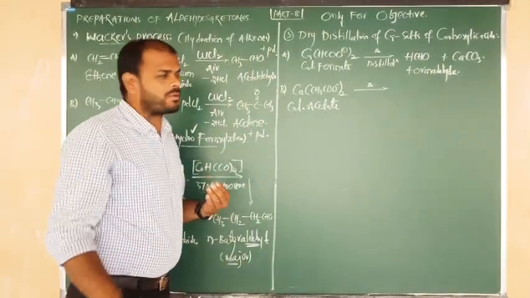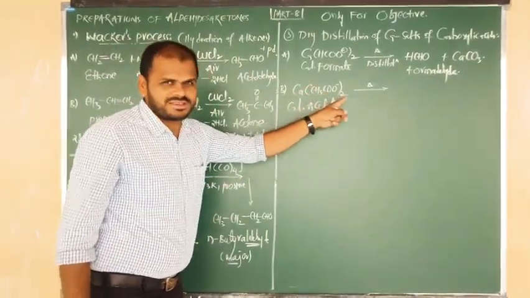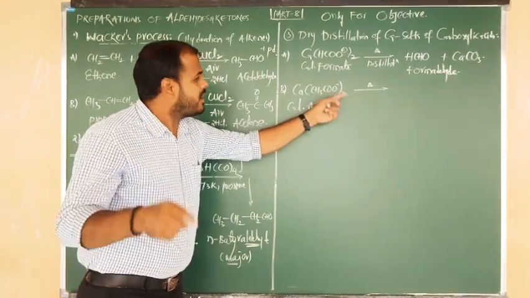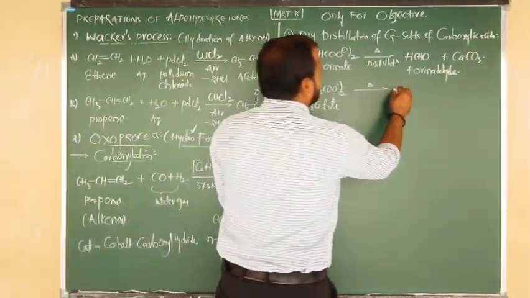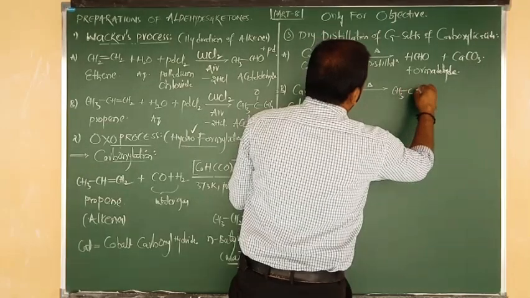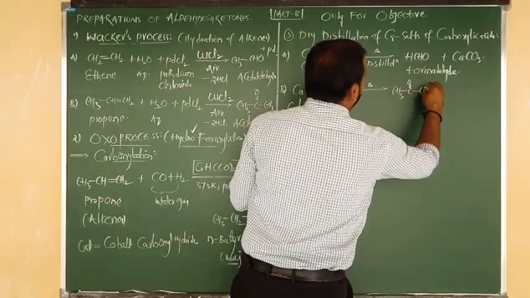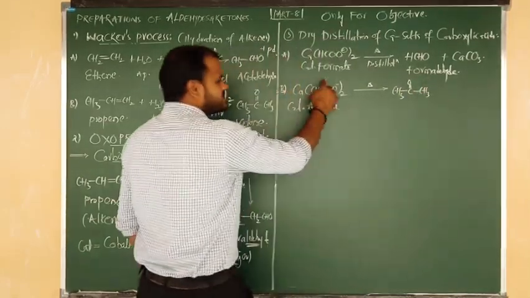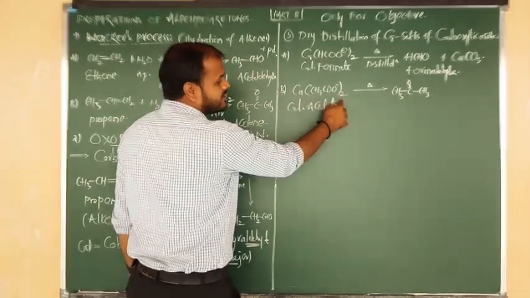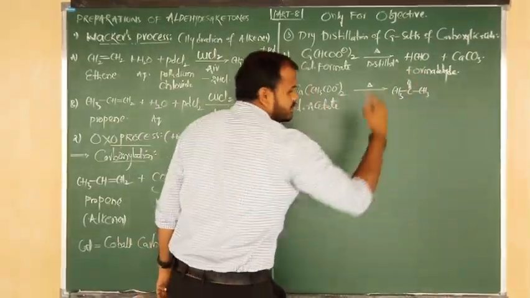It is going to form the product: CH3 taken twice, two methyl groups are there, and take one CO group. CH3 bonded to C double bond O, again bonded to CH3. In that square bracket, how many CH3s are there? Two CH3s are there. Yes, I have written two CH3.